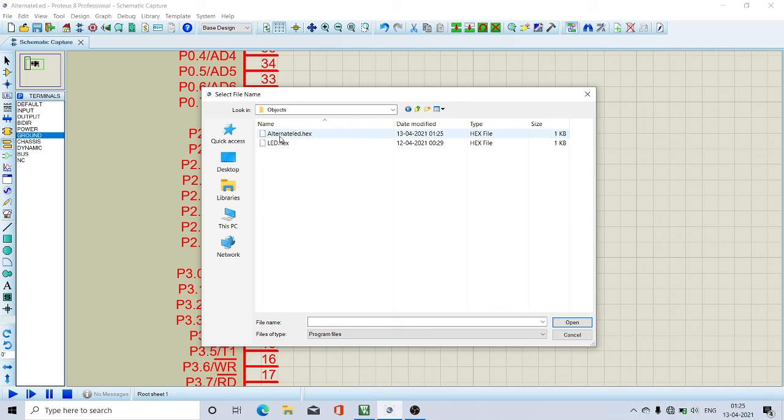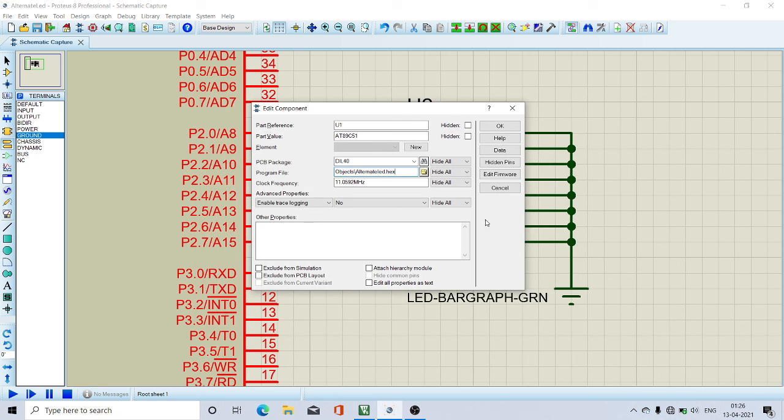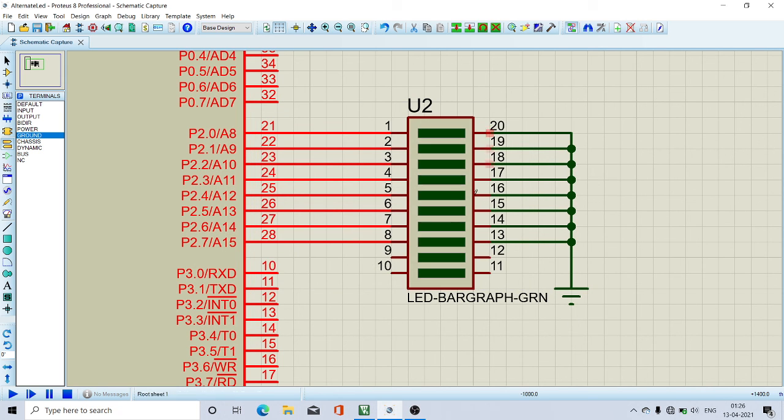You can see two hex files. Just now we have created the hex file for alternate LED. Selecting this, open, OK, and then play.